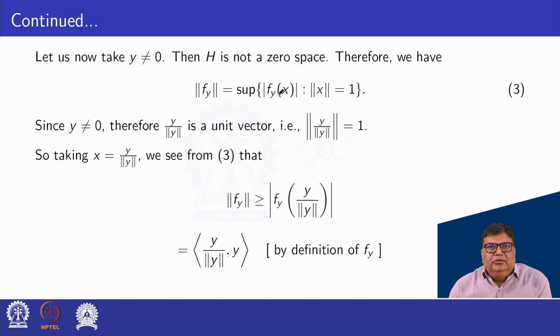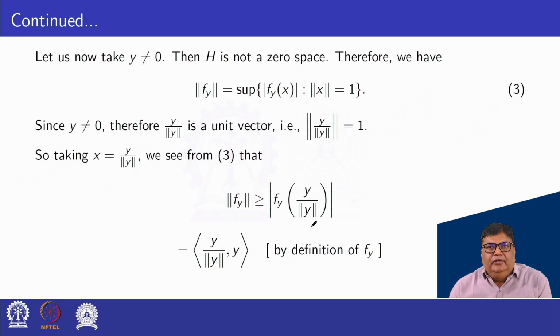So here norm x is equal to 1. Then if we take x equal to y upon norm of y, then the norm of x is equal to 1. So taking x equal to y upon norm of y, we see from equation 3, the norm of fy is greater or equal to mod f of y